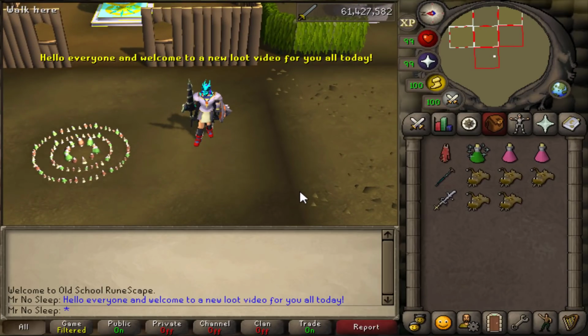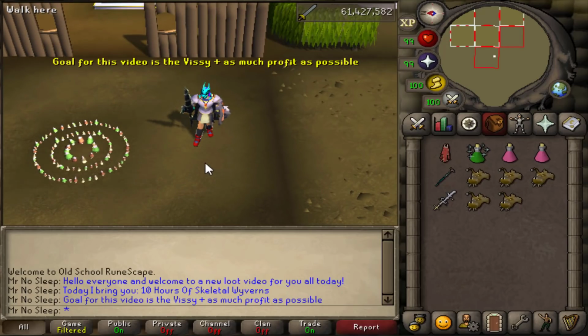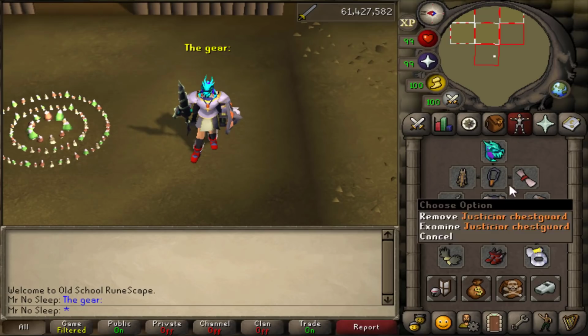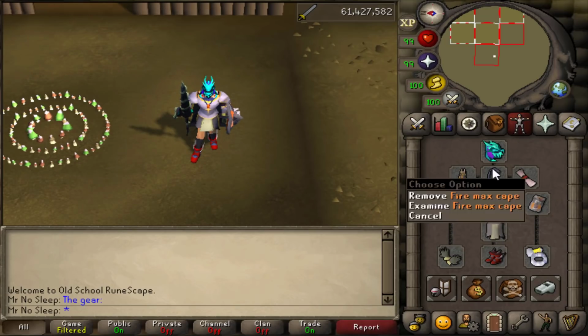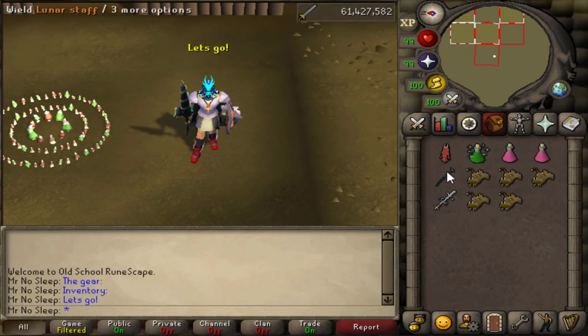It is Mr. No Sleep here from Old School RuneScape, and welcome to a brand new loot video for you all today. So today I bring you guys loot from 10 hours of Skeletal Wyverns, requiring 72 Slayer to kill. These Skeletal Wyverns are known for their incredible drop table and for being a good safe spottable monster to kill with range. For this video though, I used melee since I was using my main account instead of my Iron Man account,